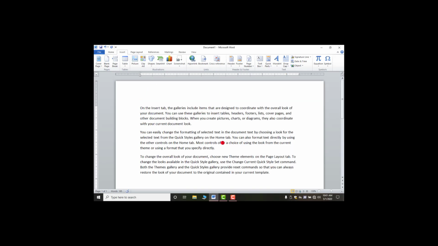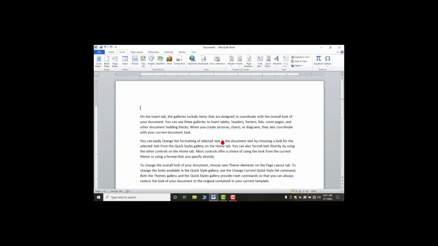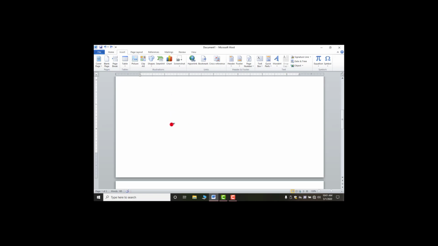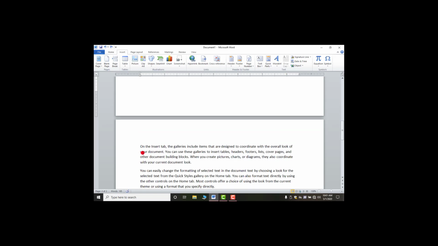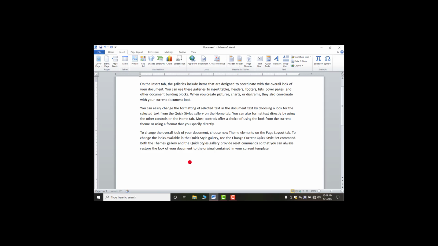Second way, I'm using Ctrl Z to move to that previous position again. Look, this was my first blank page and this one is the second one. So click here and press the backspace key from your keyboard. By this you will move to the first page. These are the two ways by which you can remove any page.